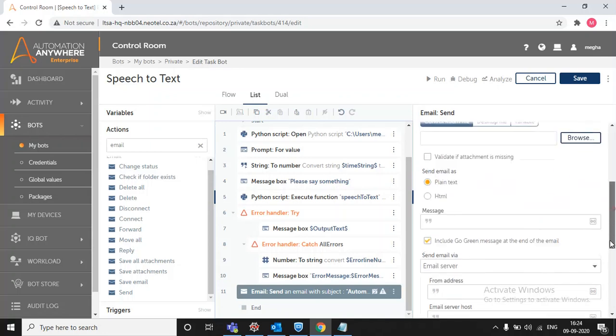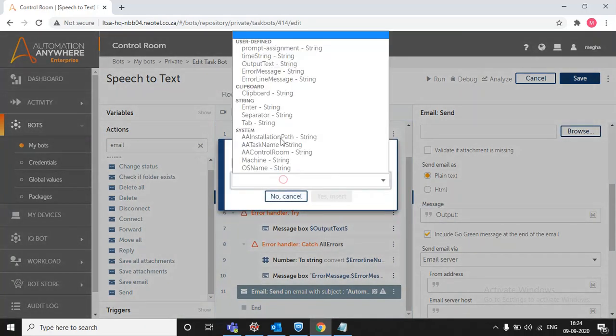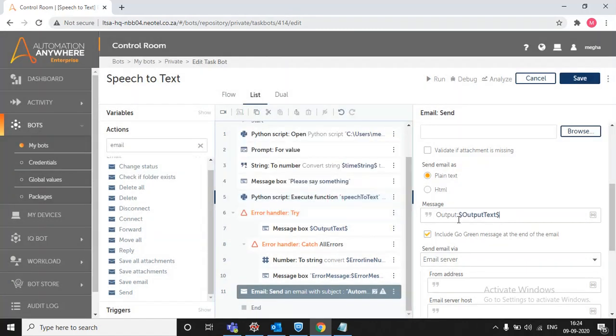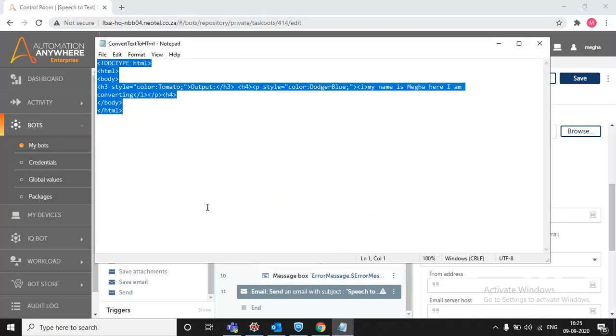Also, you can provide a message body. In the message you can give the output and pass your variable, which is output text string. When your speech converts into text, you will see this text in this variable. I'm passing this variable, and if you want to give it in HTML format, you can use HTML as well.